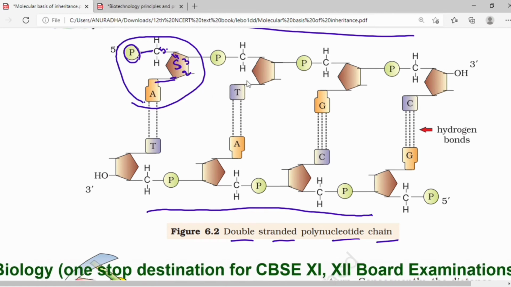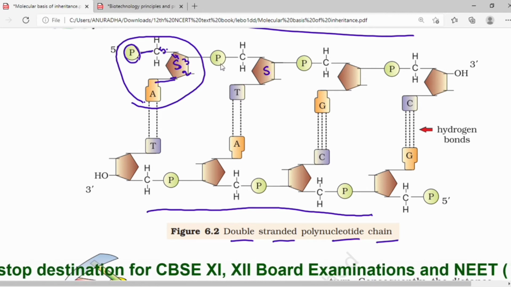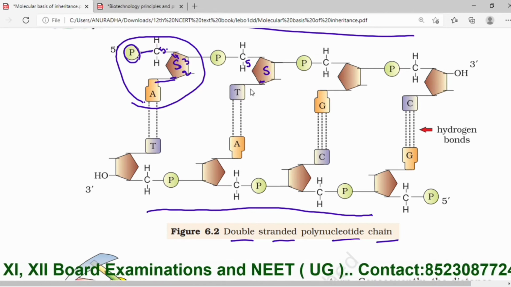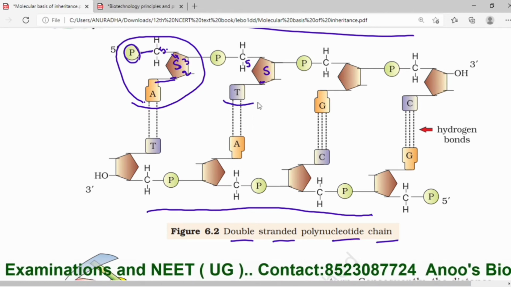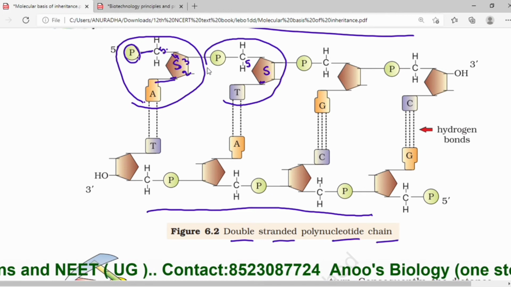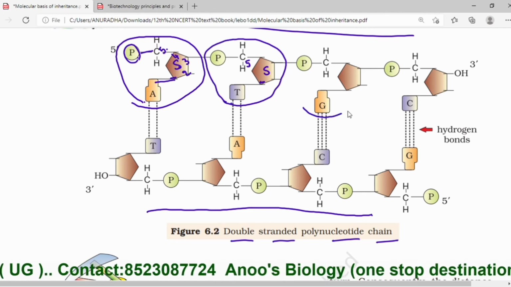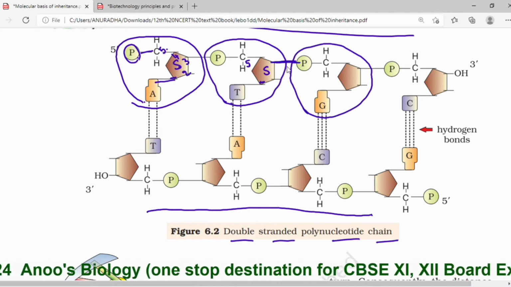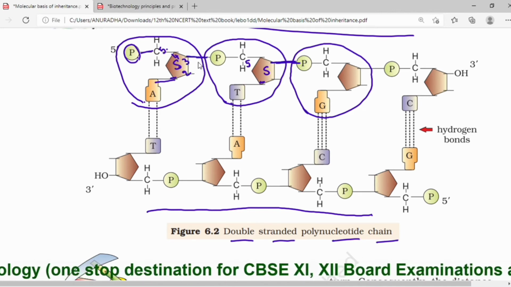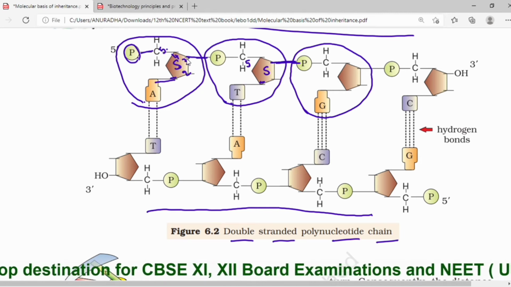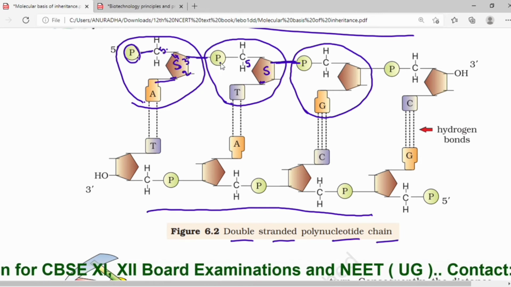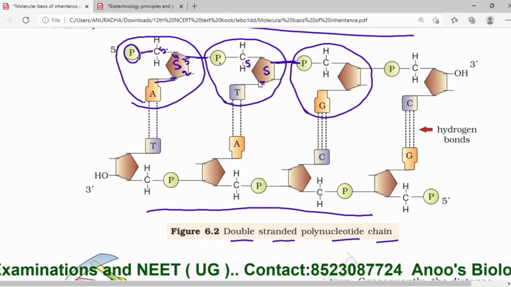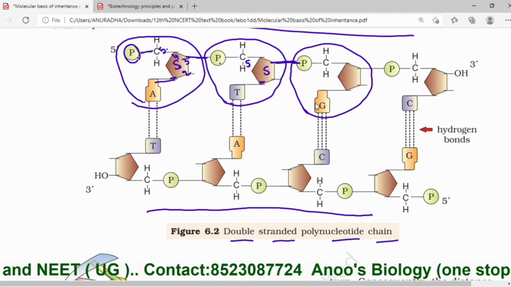The next nucleotide has sugar, and phosphate attached to the fifth position, and in the same way at the first carbon, the nitrogen base attached is thymine. So this is the nucleotide called thymidylic acid. This is the next nucleotide. These nucleotides are joined together by the formation of a phosphodiester bond between the third carbon atom of the first nucleotide and the phosphate attached to the sugar of the next nucleotide. Like this, a phosphodiester bond is formed.